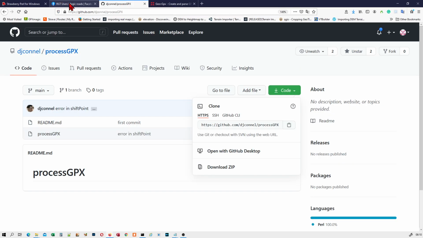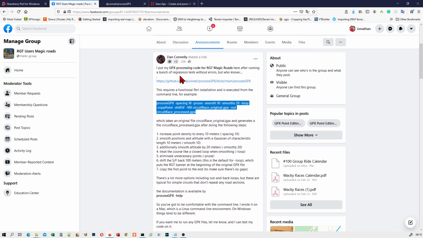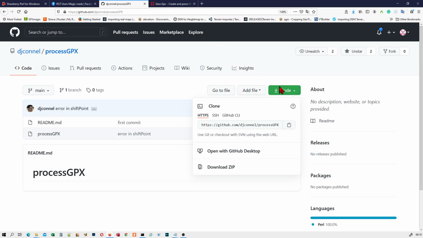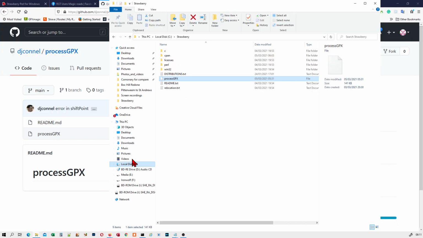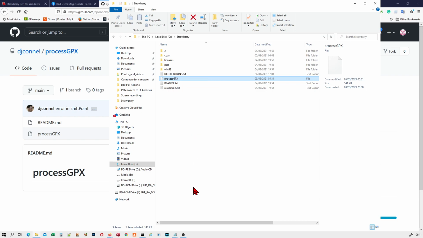Anyway, from the RGT Magic Roads link, just go to the GitHub and download the code here as a zip, and then just extract the process GPX file there. And what I can do now is if I go to my Strawberry folder, I've just extracted it from my downloads in the zip and just put it in there, just so it's easy to find. So I can shift right click and copy as path,